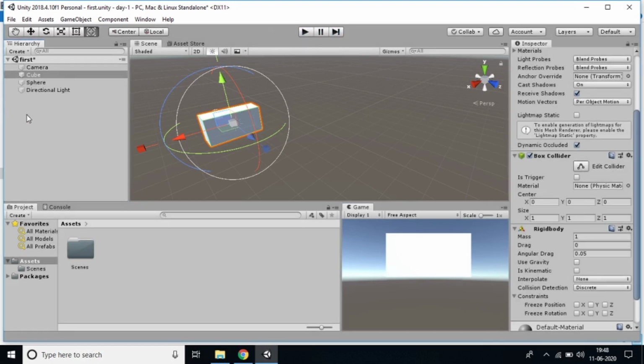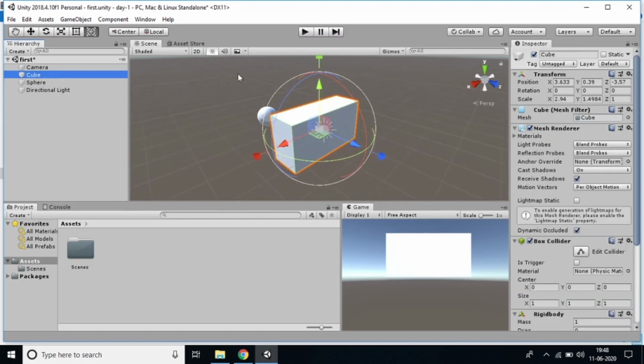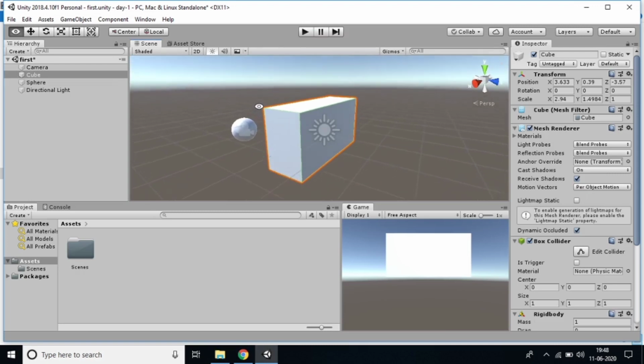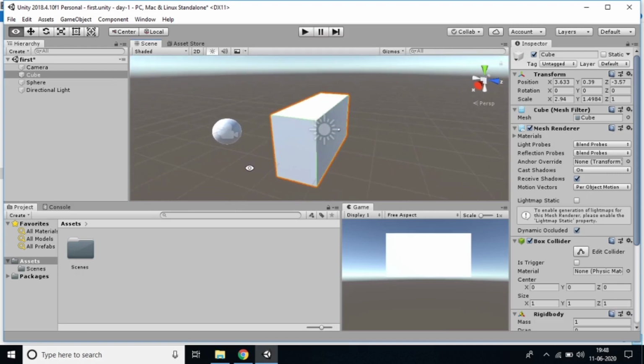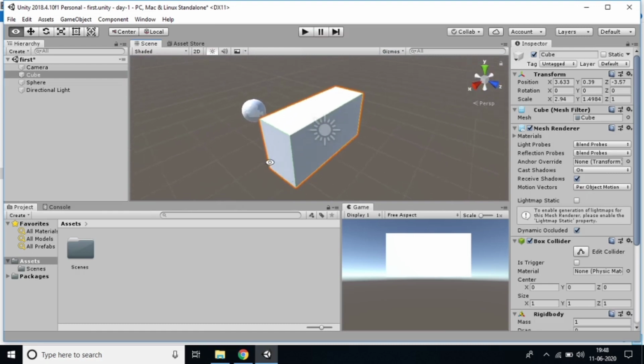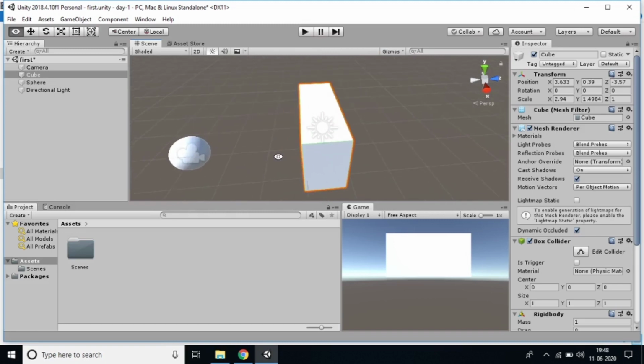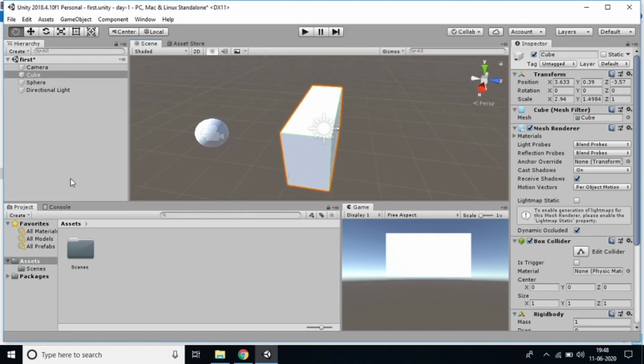So here is the hierarchy window. Coming to the hierarchy window, we are seeing sphere, directional light. Everything must be viewed, so I selected all tools. That's why it was showing like this. If I select this one, everything was there. So you can see the I symbol right here. I selected Alt. If you want to check like this, you can do it by using I. The position of the cube, the sphere, everything was not changed, we can just view. I symbol means we can view. So that's all about the hierarchy window.